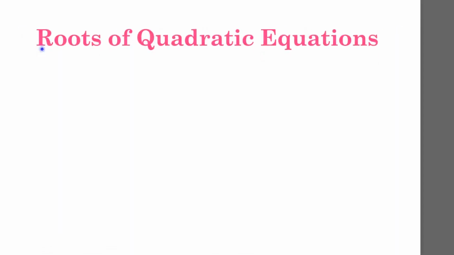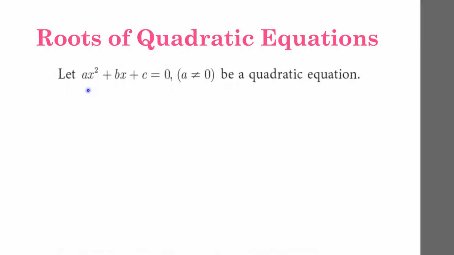Next we are going to see roots of quadratic equations. So till now we have seen only quadratic expressions. Now we are going to see equations. Equations means when two expressions are equated by means of the equal to sign, then it is called a quadratic equation. Now we are going to see the roots of a quadratic equation. See this, let ax² + bx + c, this is one quadratic expression. It is equated to another expression here, that is 0. Okay, so this is called a quadratic equation.